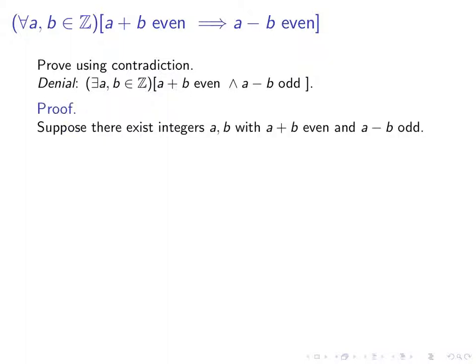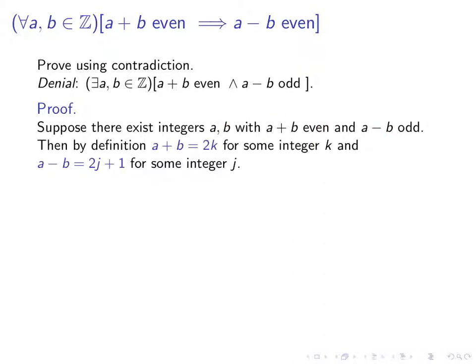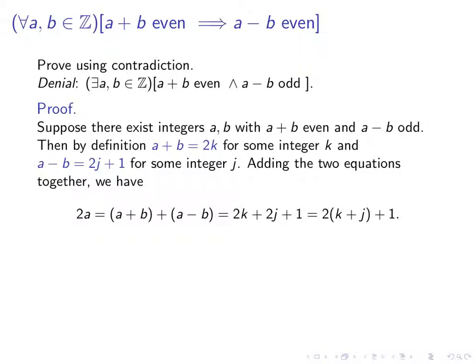So suppose that there exist integers a and b with a plus b even and a minus b odd. Then, okay, a plus b is even, so it's equal to 2k for some integer k, and a minus b equals 2j plus 1 for some integer j, using the working definitions of even and odd. Then we can add these two equations to each other. So the left-hand side, a plus b plus a minus b is 2a, but then on the right-hand side, that's 2k plus 2j plus 1,